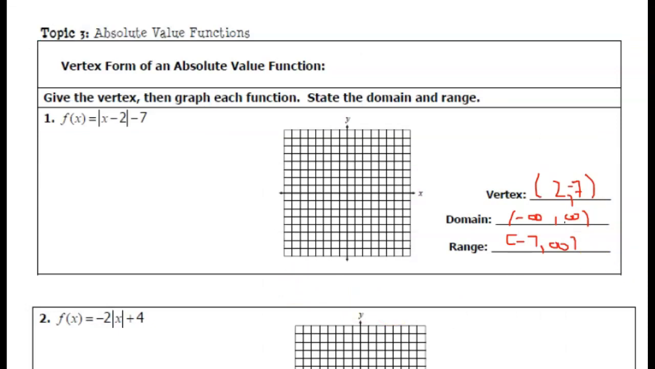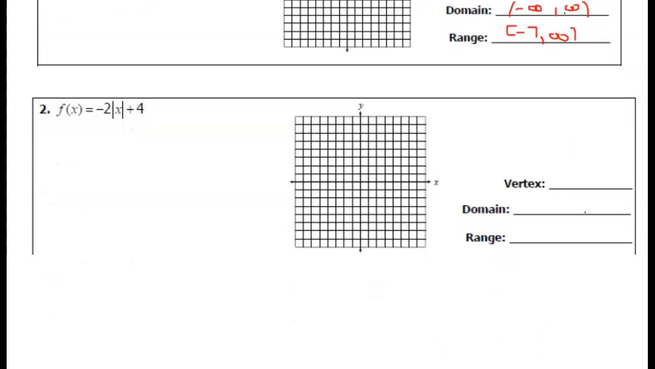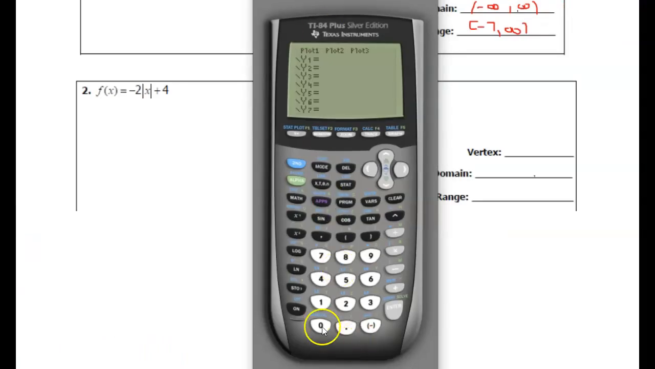All right. Let's look at the next one. Again, I'll just plug it into my calculator. This one I'm going to model using the calculator. On my calculator, again, if I wasn't here, I would hit the Y equals button. That takes me to the screen where I go ahead and type the function in. So this is